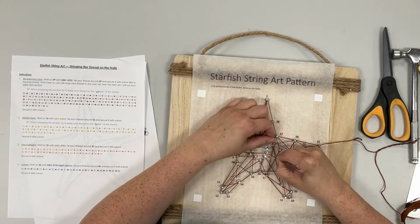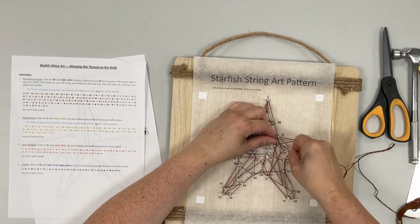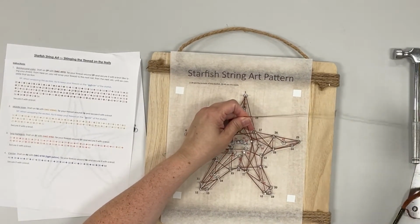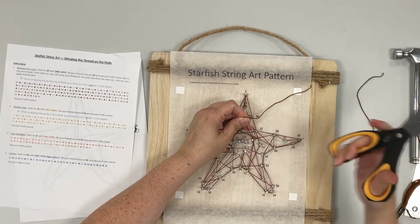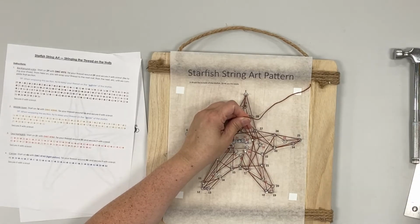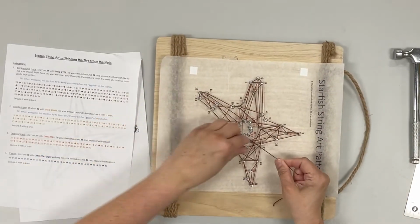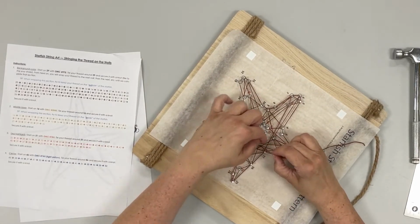This is the last nail of this color, so we're going to push it down. I'm going to tie it around at least once, and then give yourself a bit of string. And I found it's easier to tie the knot if you just kind of cut it, leave yourself 4 inches or more, whatever you need. Let me turn this so I can get at it. So we've gone around the nail once, so now we're going to